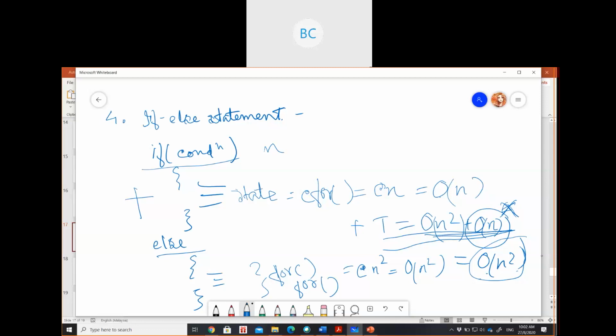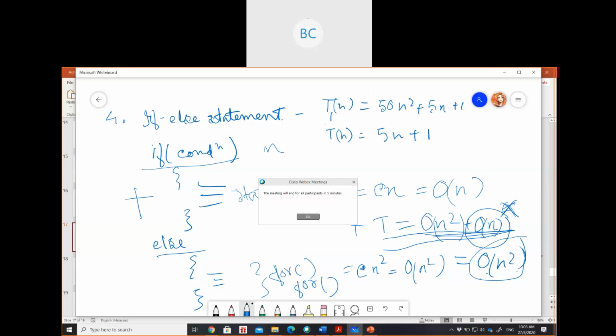Okay, just giving another example. In a simple if else statement, your time complexity is suppose 4n square plus 5n plus 100. Suppose you have two time complexities, 4n square and 5n plus 1.